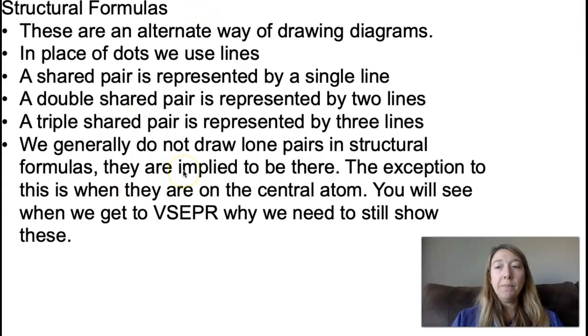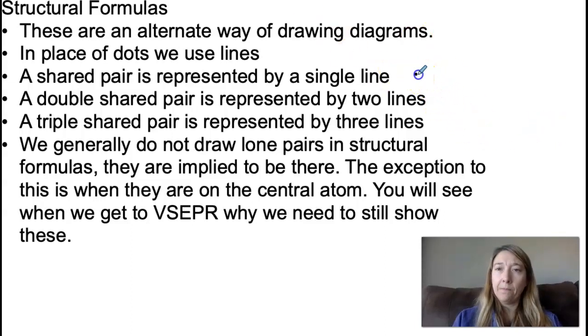Okay, so next type of diagram is what we call a structural formula. You're going to find the more Lewis dot diagrams or electron diagrams you do, the more they kind of get annoying because there's a lot of dots to draw. So a structural formula is kind of the next step from a dot diagram. What's different in a structural formula is we are going to replace bonding electrons with lines. So one pair of bonding electrons, a shared pair, is going to be represented by a single line,